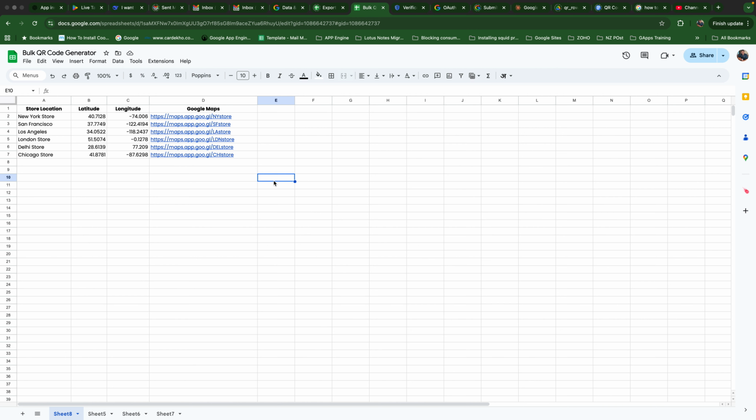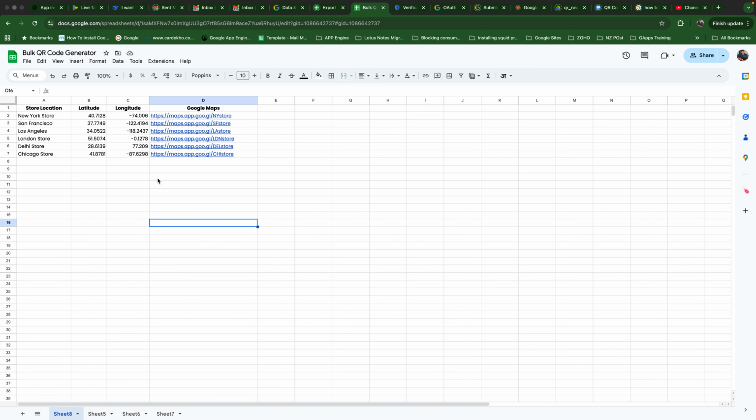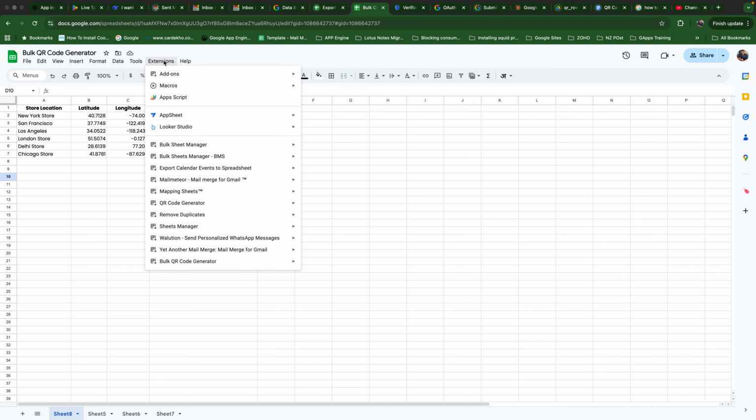Hi, I would like to demonstrate a bulk QR code generator add-on, how it works and the functionalities it has. First of all, you can have data in your sheet for which you need to generate a QR code. And you can click on Extensions and then select the Bulk QR Code Generator add-on and click on Open QR